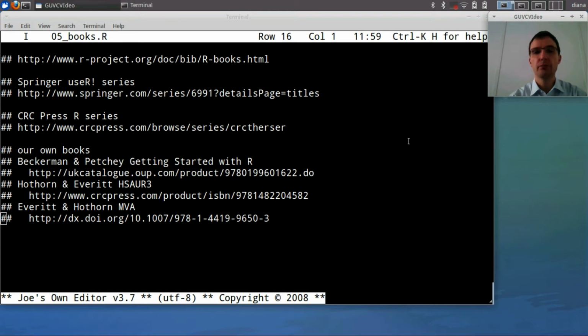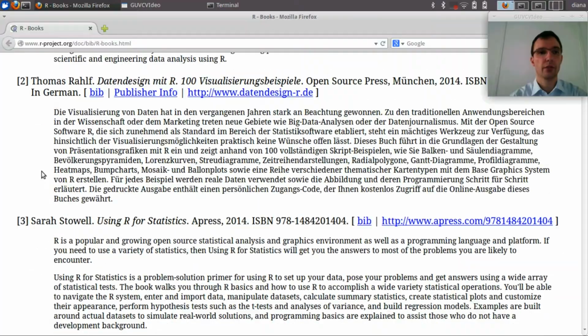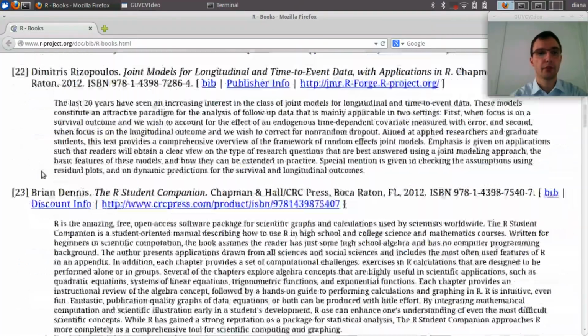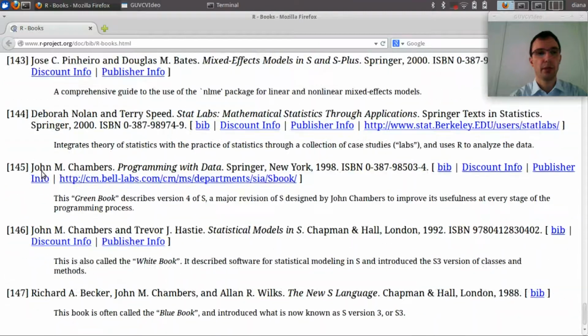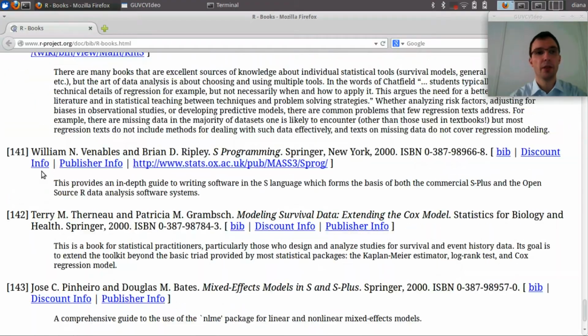In this lesson, we gave you an overview about the electronic documentation that either comes directly with R or is available from the internet. But there's also a more traditional type of documentation, and that means books. So here is a list of books related to R, and this list is rather long. Scrolling down to the bottom of this page, it lists 147 books, some of them older, but there is